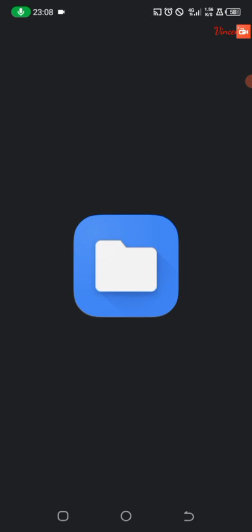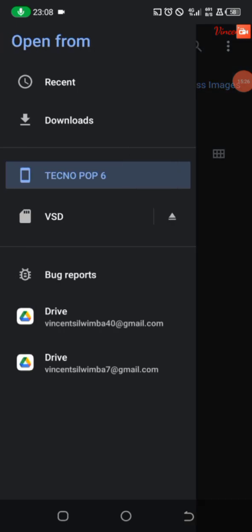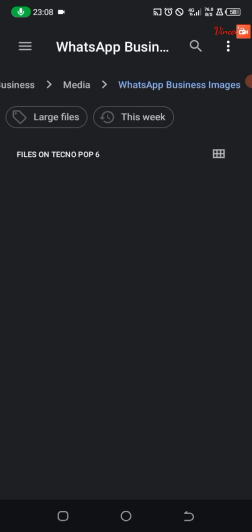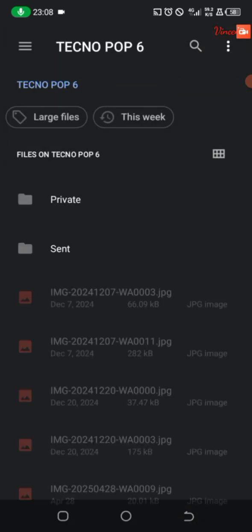From there you see where your fonts are. So you need to come on the phone storage. Techno, so you click there,